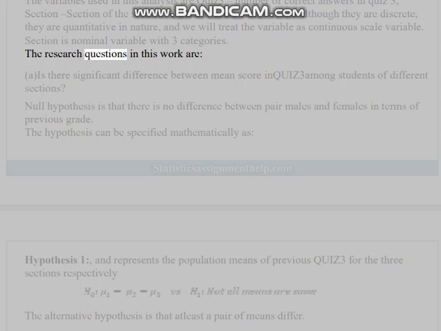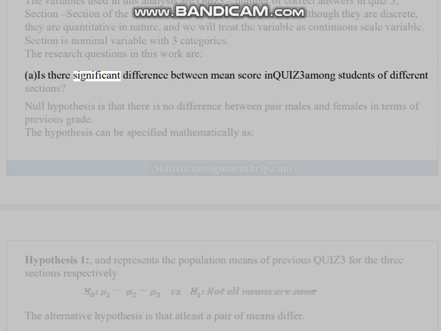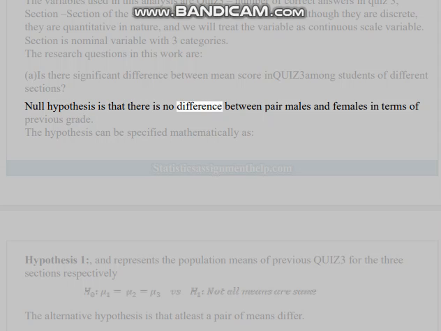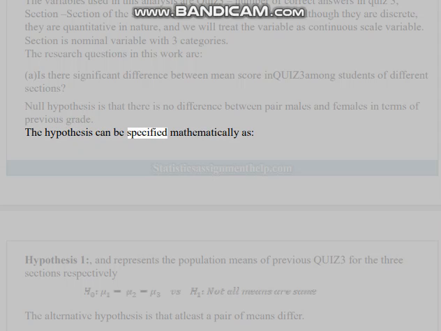The research question in this work is: Is there a significant difference between the mean score in Quiz 3 among students of different sections? The null hypothesis is that there is no difference between the section means. The hypothesis can be specified mathematically as